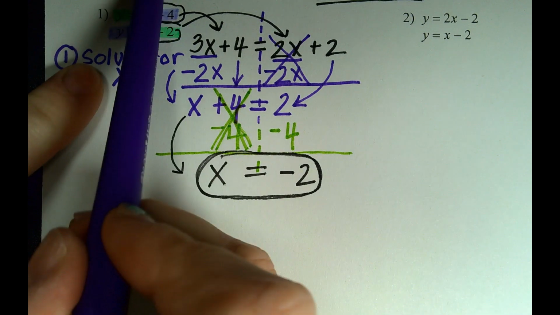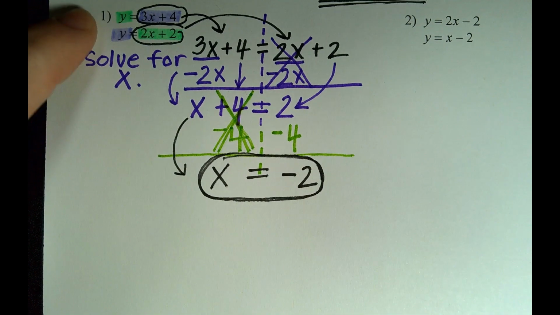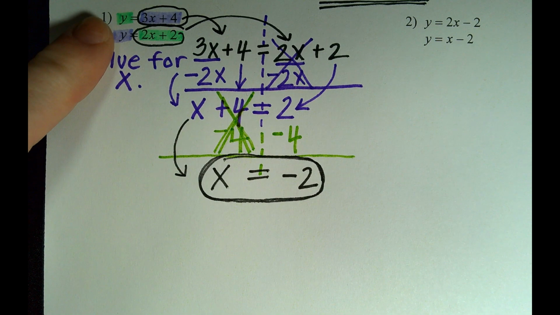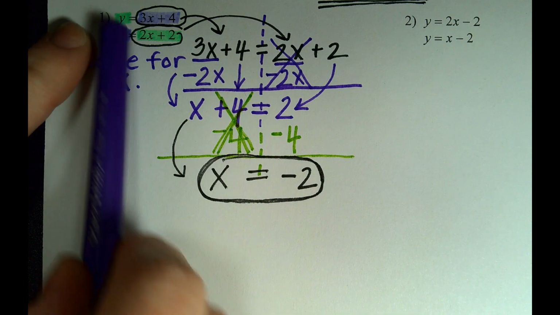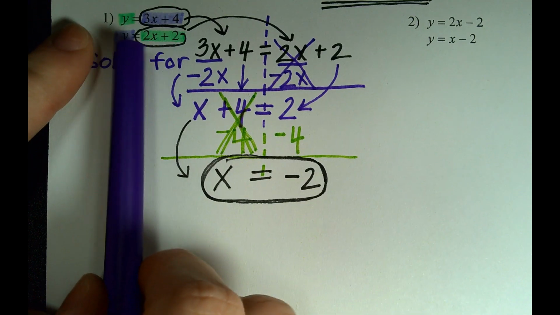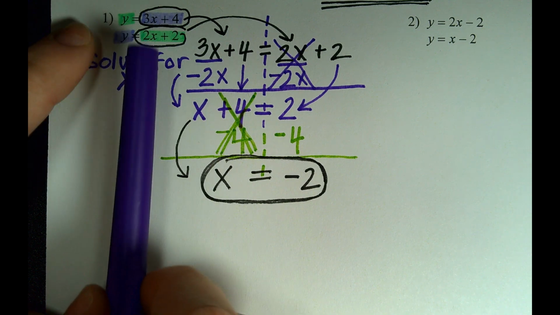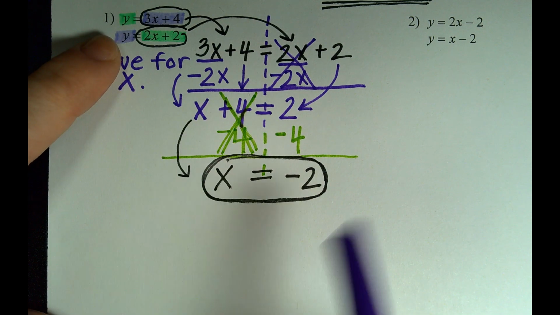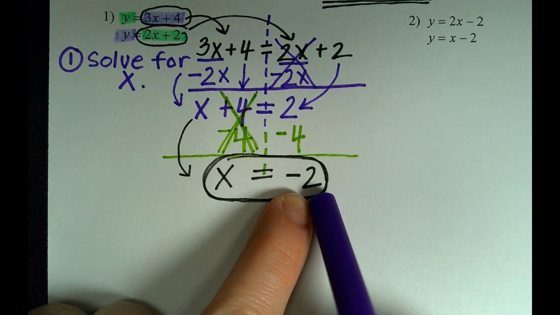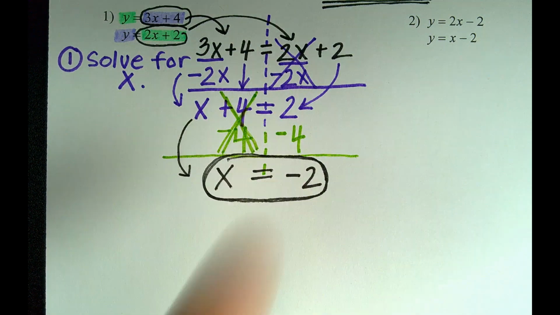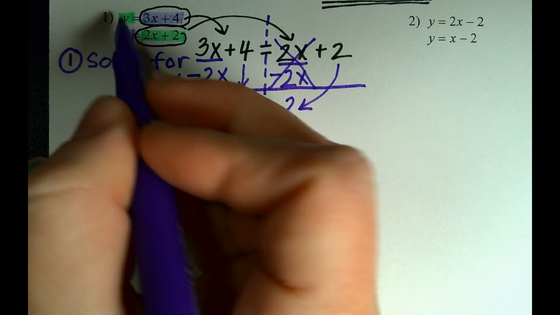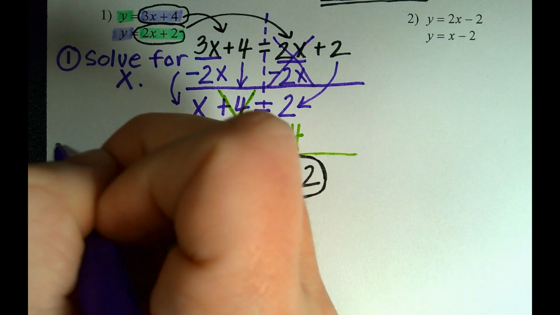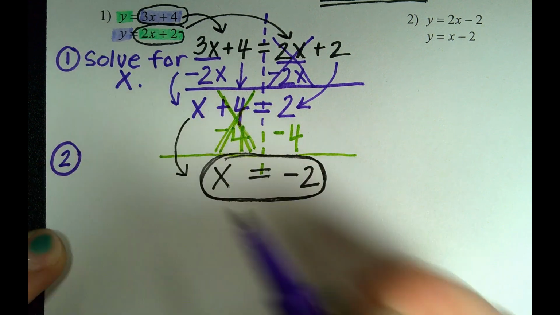Yes, I can choose either one of these original equations, the top one or the bottom one. It doesn't matter. We'll get the same answer regardless. And I'm going to rewrite it, but instead of writing 3x plus 4 or 2x plus 2, I'm going to be putting -2 for x. So let's start with, I'll use the top equation just because that's the one I'm looking at. So step 2 is now